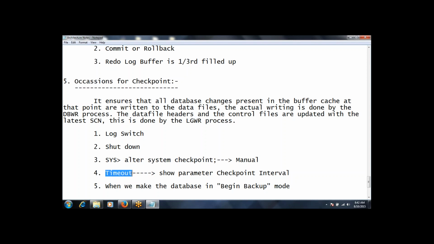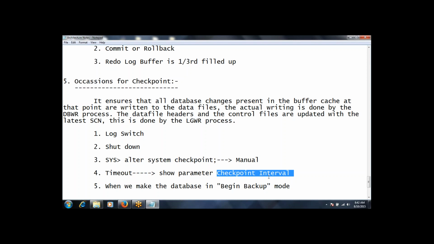What is a timeout? There is a parameter in the P file or SP file. If we give at the SQL prompt show parameter checkpoint interval, it will show you how many seconds or how many minutes it was there. So whenever the time period has completed, it gets timed out.